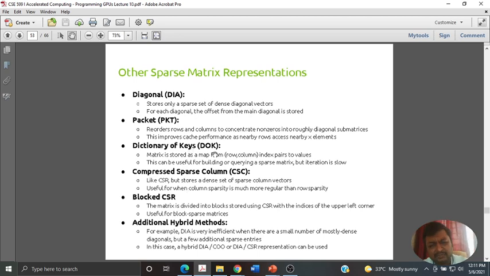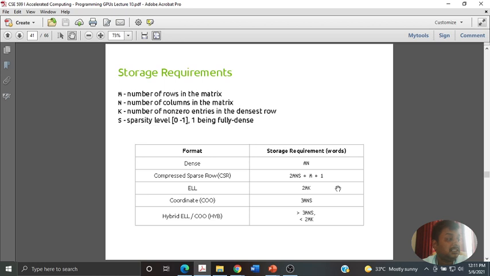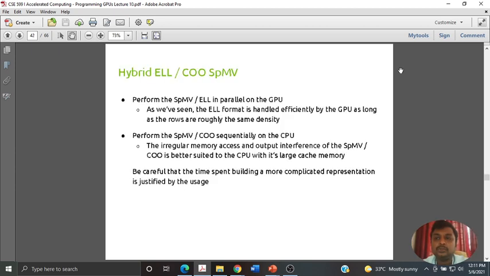Other than that, there are a few more matrix representations. With respect to examinations and whatever is present in your textbook, it is CSR, ELL, COO, and hybrid, that is ELL and COO. JDS is just touched upon, not dealt with in detail. Problem solving may be with respect to only these formats. JDS is just an introduction, where a sorting step has to be taught or visualized. We are stopping at that juncture, and this chapter finishes with that aspect.